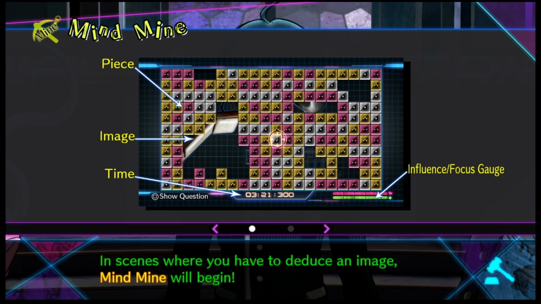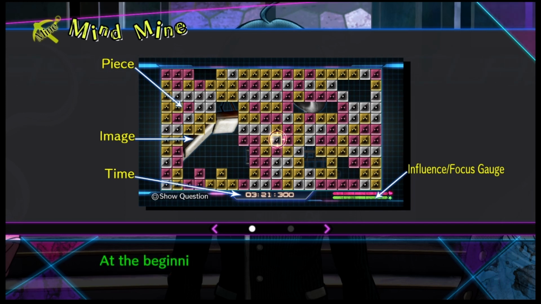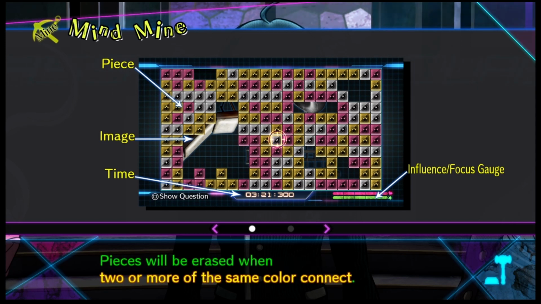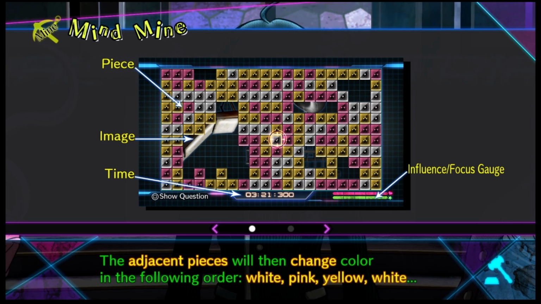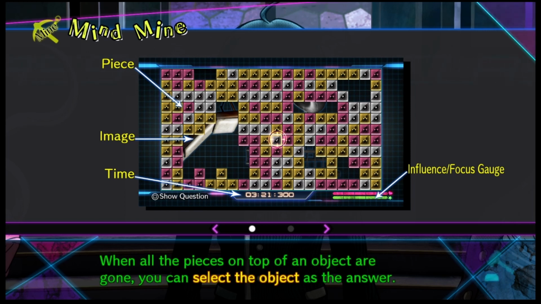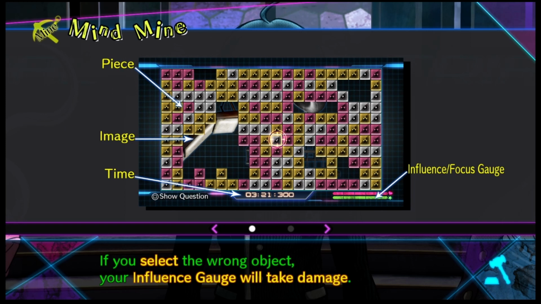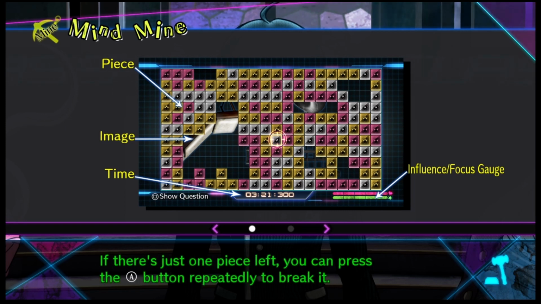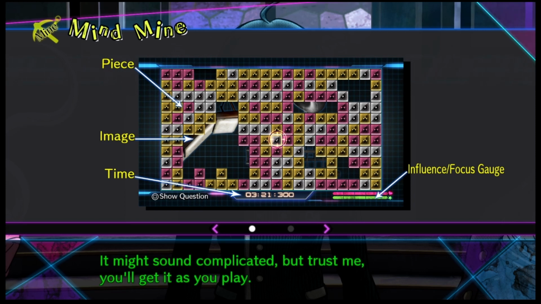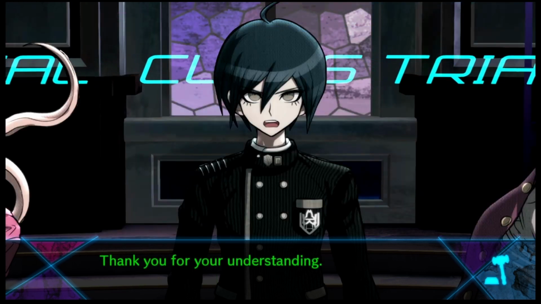What? Are we playing Minesweeper? What? How many more games do I have to play within this game? In scenes where you have to deduce an image, Mind Mine will begin. In this mode, the objective is to dig up the answer. At the beginning, the answer will be completely covered by pieces. Use the left stick to move the cursor and erase the pieces with the A button. The pieces will be erased when two or more of the same color connect. The adjacent pieces will then change color in the following order: white, pink, yellow, white. If you do it right, you can remove all the pieces from an object. The trick is to predict how the adjacent pieces will change. When all the pieces on top of an object are gone, you can select the object as the answer. If you select the wrong object, your influence gauge will take damage. If there's just one piece left, you can press A button repeatedly to break it. Looks like the tube is the top right. But that will include a time penalty, so just don't but mash. It might sound complicated, but trust me, you'll get it as you play. It really does. Thank you for your understanding. It sounds...